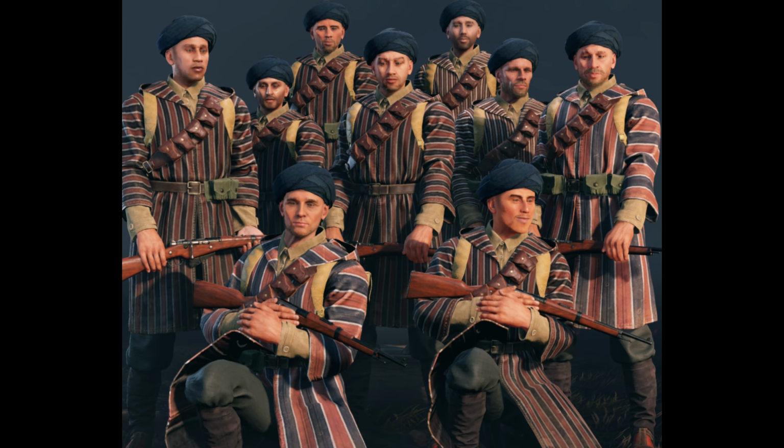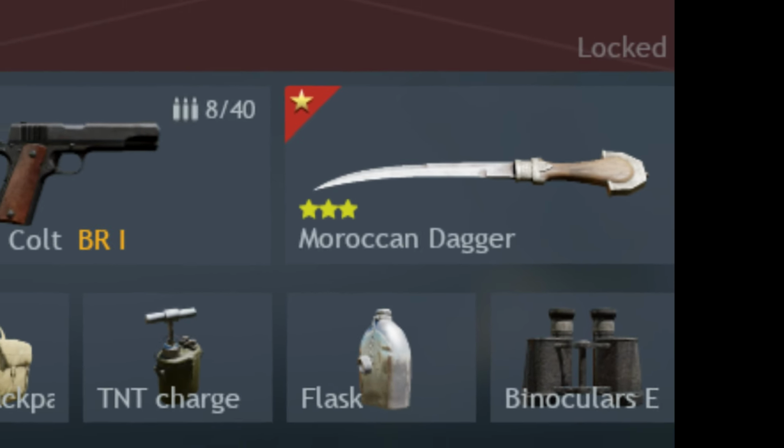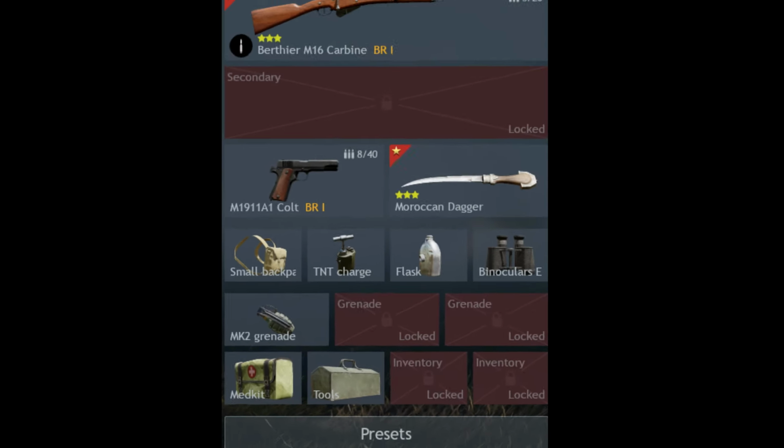Nonetheless, they are represented in the game with the first group of Moroccan auxiliaries. They have their own uniforms, speak French, and even have their own dagger. The squad carries the French Berthier M16 carbine. Speaking of France,